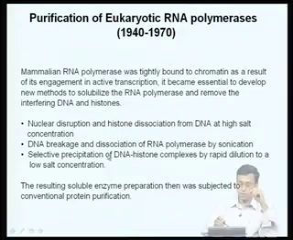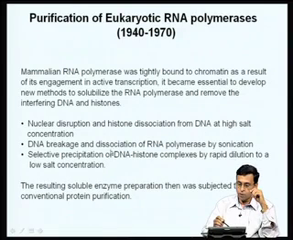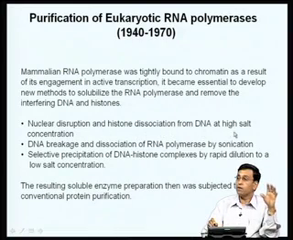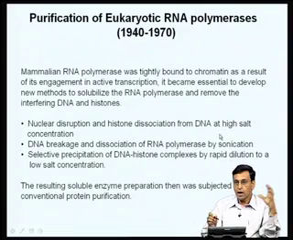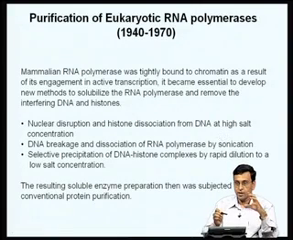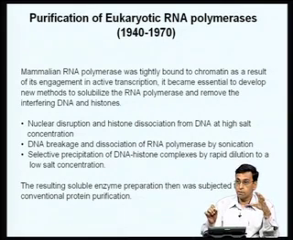So the three key steps which were discovered for the purification of RNA polymerases: first you have to disrupt the nuclei and then dissociate the histones from DNA using very high salt. Now histones are positively charged and DNA is negatively charged, and therefore their association is very, very tight, so you first have to dissociate the histones and DNA using a very high salt concentration, something like 2 molar NaCl,